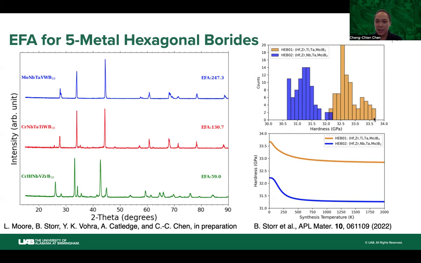Here on the top is the histogram plot of the hardness value for all the distinct POCC structures for these two high entropy borides. Then we do a thermal average based on the temperature of synthesis. The theory indicates that first of all, the HEB1 compound has slightly higher hardness than the HEB2 compound, and second, they have hardness values close to 33 GPa and 31 GPa respectively, and both results agree very well with the experiments. So this shows that the method is still powerful.